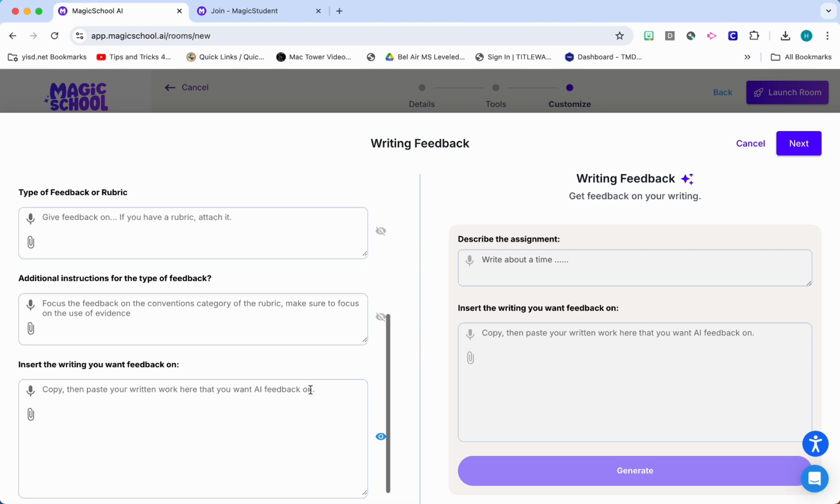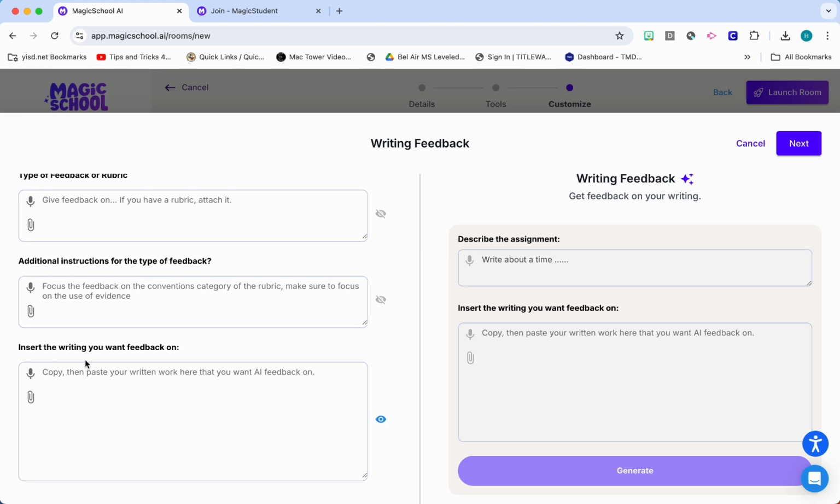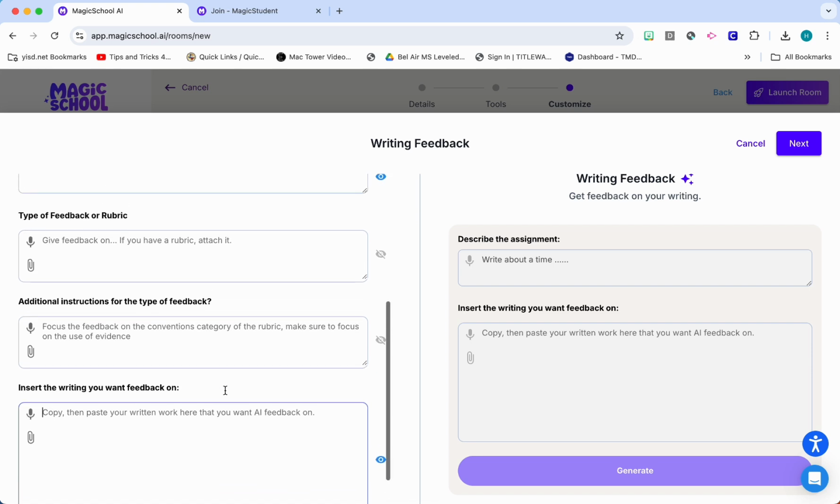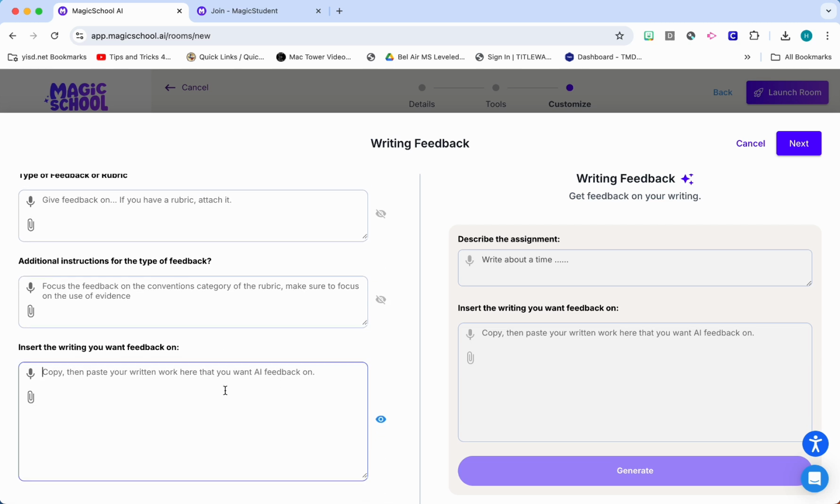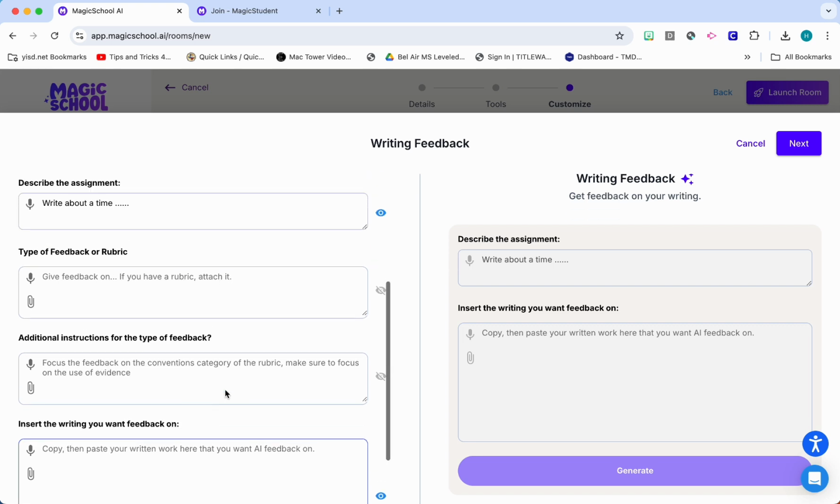Okay. Finally, you do need this column. So insert the writing you want feedback on. This is where students will actually write their work. Okay. Now, just like we said in the training, you can use this with past assignments. Okay. So if you've already done writing assignments